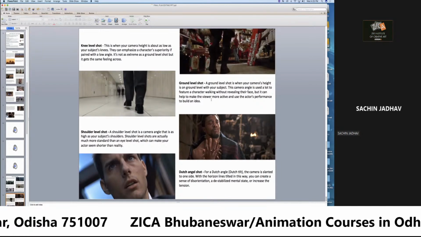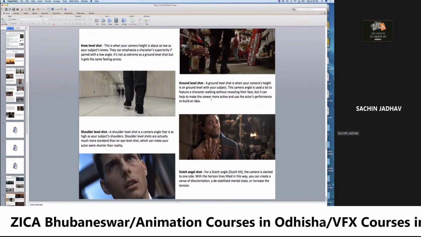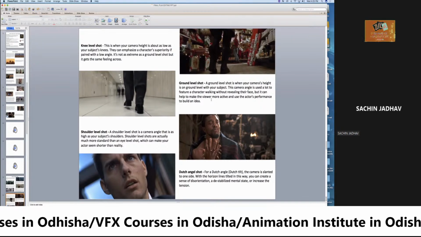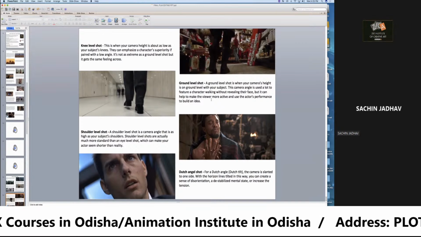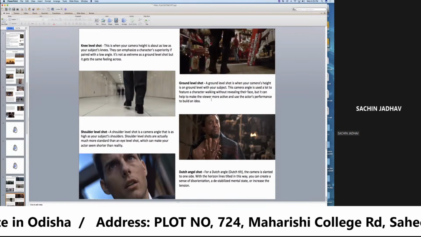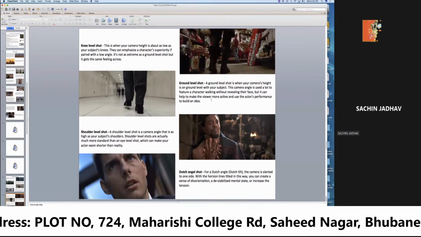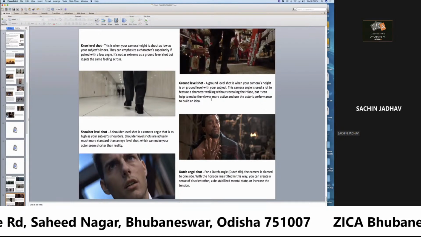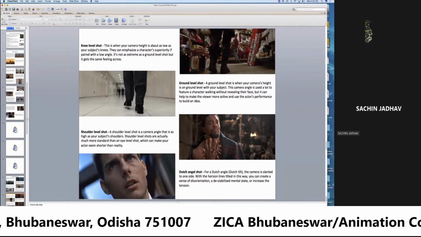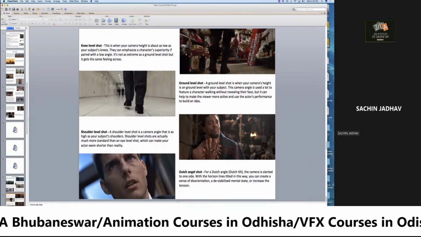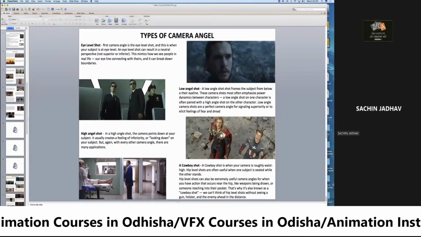तो ये तो Dutch angle, from Dutch angle the camera is slanted to one side, with the horizon line tilted in the way you can see. Okay, so this is basically Dutch angle, camera movement थोड़ा change होता है, तो this is basically a different type of shot. Why I'm showing these shots or camera angles, because ये shots, camera angles एडिटर को समझना बहुत इंपॉर्टेंट है